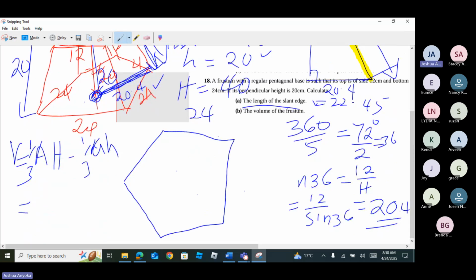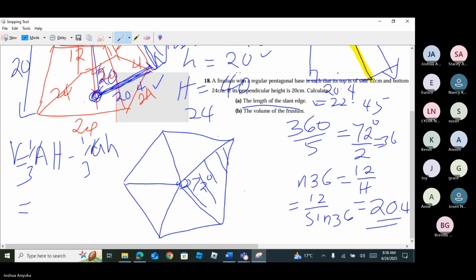We said the angle at the center is what? 72. 360 divided by 5 is 72. So we find the area of one triangle, then we multiply by 5. This one gave us 20.4, if you remember, 20.4,